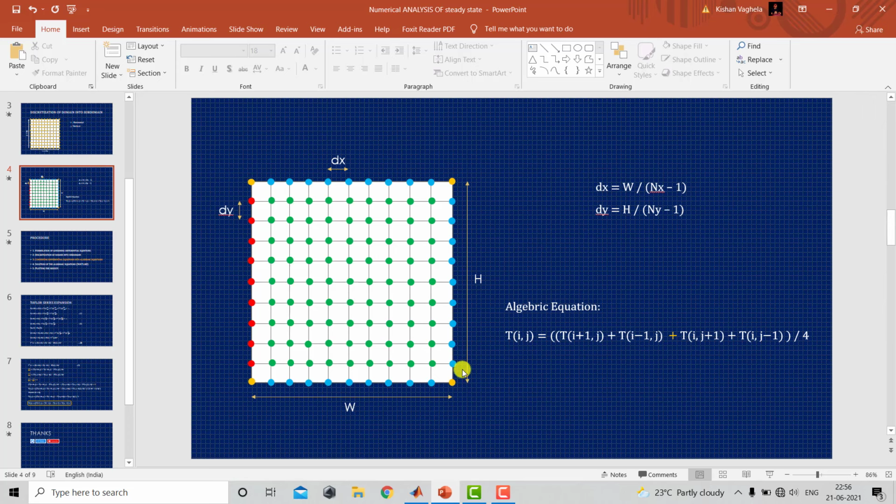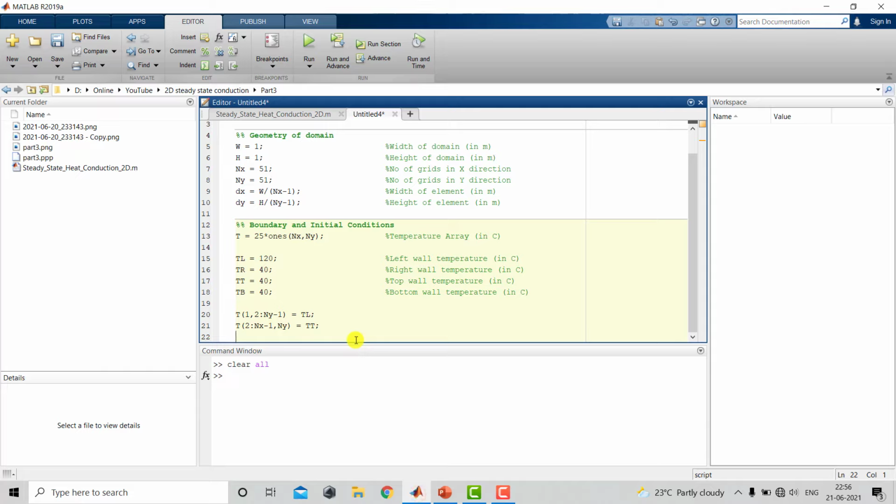For these grid points the I index will be nx for all of them, but the j index will vary from 2 to ny minus 1. So here temperature T, x will be nx, the same for all, but y will be from 2 to ny minus 1,